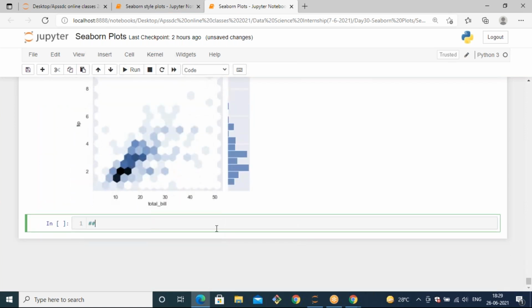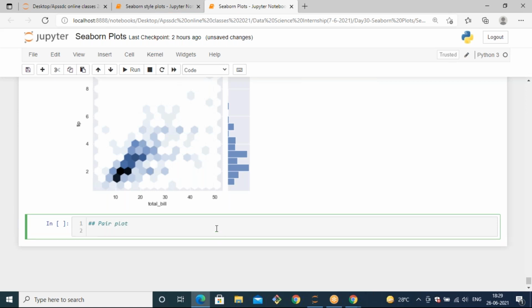Now the next plot we have is the pair plot, and this is very important when it comes to machine learning. Whenever you want to observe the relation between two features, by using a pair plot you can observe the relation between any kind of features.